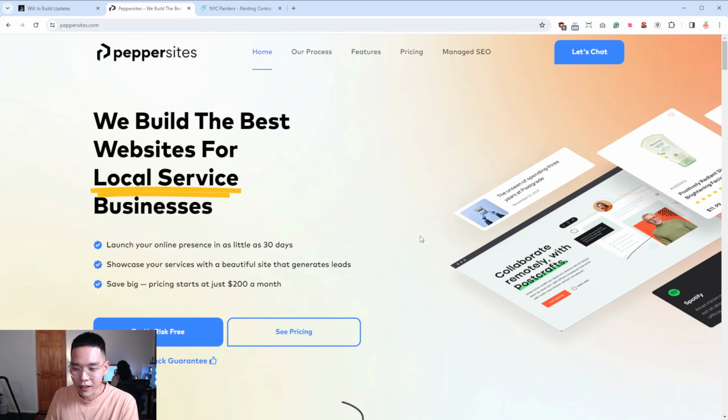And the pain point we're trying to solve here is when businesses come to us looking for SEO services or Google Ads services or anything like that, the first thing that we look at is their website. And a lot of SEO is tied to your website and how your website is structured and where the SEO elements are placed on the website. So a lot of times before we start the actual back-end campaign of building backlinks, building content, doing the technical SEO, building citations and all of that, we need to redo the website